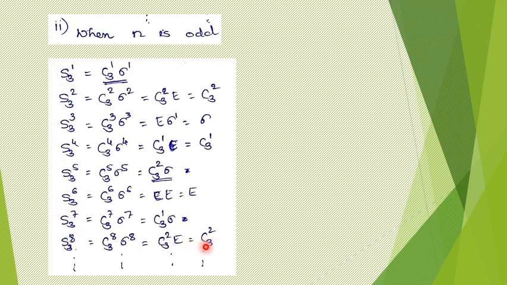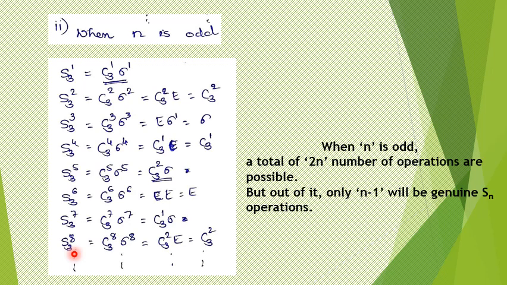S38, in a similar way, just results in C32, which is nothing but our S32. So which simply means that when n is odd, we can have a total of 2n number of operations. 2n different operations are possible. After those operations, they just start repeating. Right now, the conclusion that can be drawn, that we shall see. Again same thing, I urge you to work, say S5 you can try, S7 you can try, S9 you can try, all those things you can try, and compiling all those results,